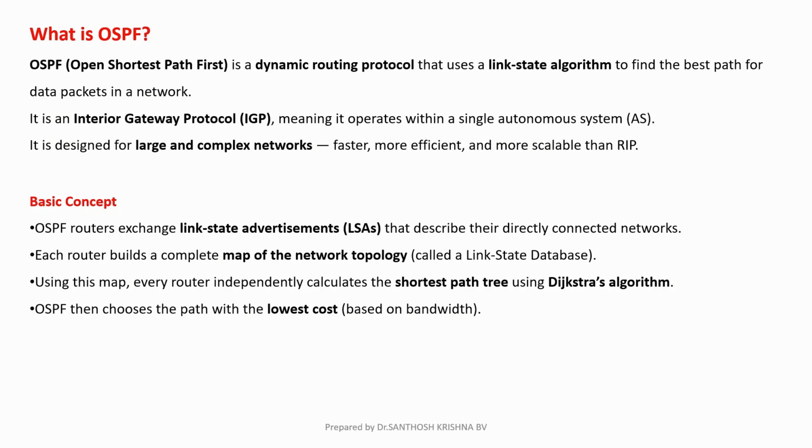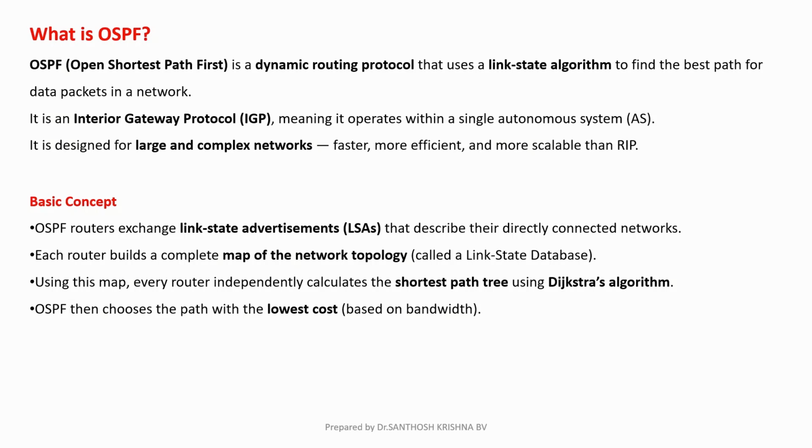It is designed for large and complex networks, whereas we have discussed RIP, which has a limitation of 15 hops. If a network has to go more than 15 hops, then we can't go with RIP. Whereas OSPF can be used for large and complex networks, with faster, more efficient, and more scalable capacity than RIP. Basically, OSPF routers exchange link state advertisements, which describe their directly connected networks to